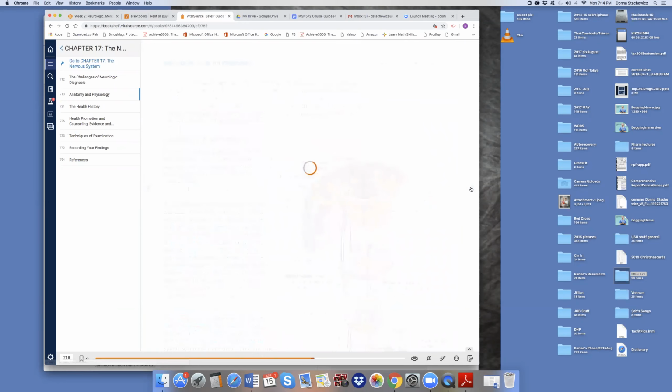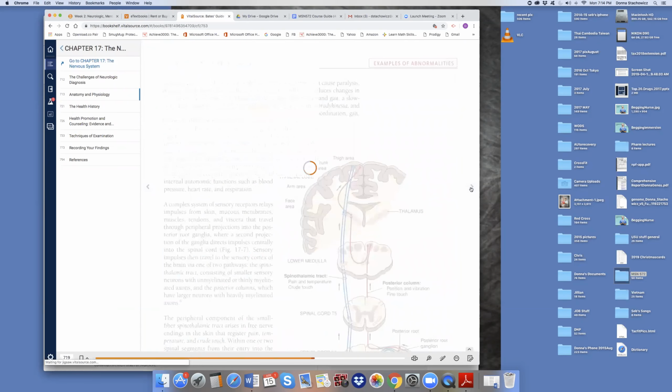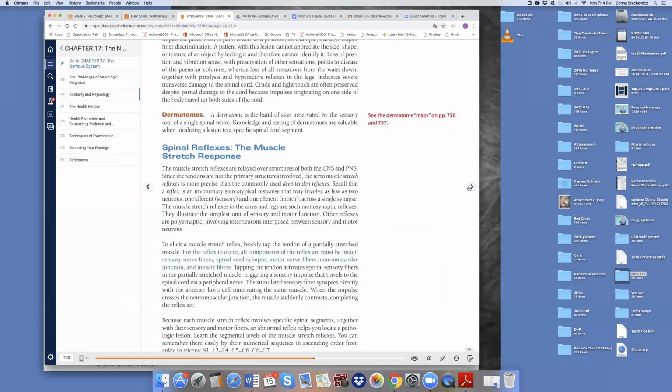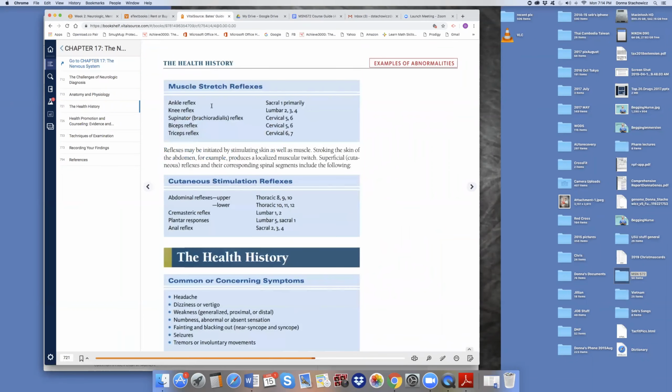All right, know about the motor pathways and sensory pathways. Know about what a reflex arc is. That will be included on the test. Know your reflexes and what the corresponding nerve roots are. For example, when you innervate the biceps reflex, you are testing the cervical roots 5 and 6. Okay, C5 and 6. L2, 3, and 4 are tested when you are checking the knee reflex, also called the